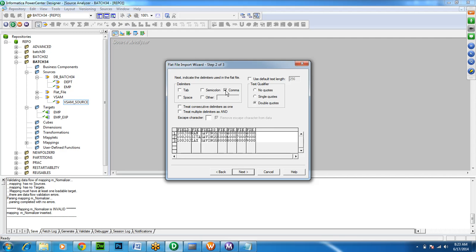And also you have other options like treat consecutive delimiters as one. So if I have comma comma, two commas consecutively, treat it as one. So it's based on the source structure, how your source is available. So that way you can define it. And then if you see here, text